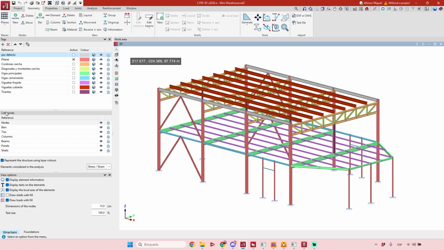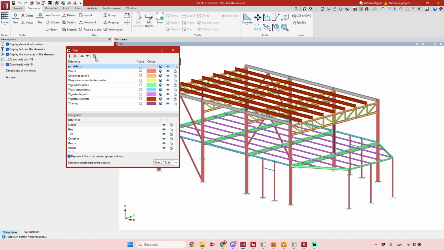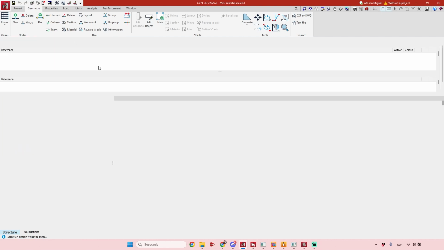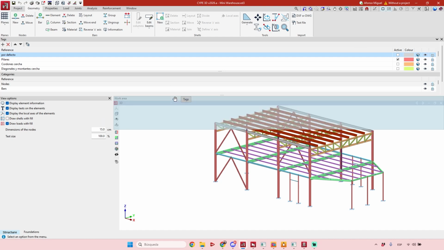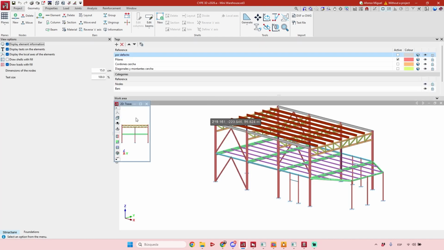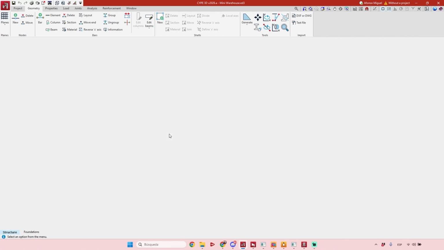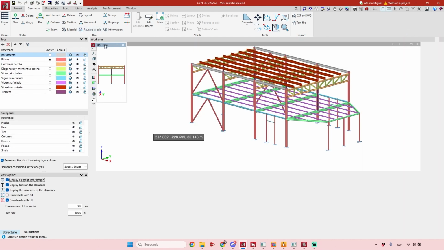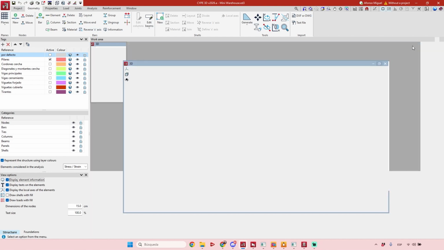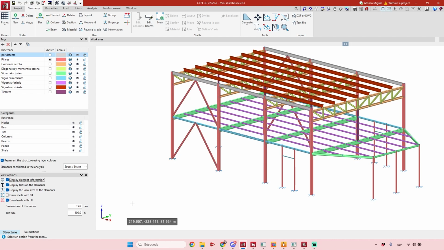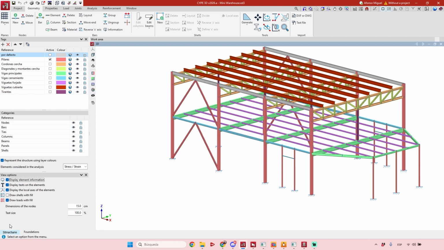Okay, and everything here can be moved. You can just grab one of these options and change the position. Okay, if you work with 2 or more screens, you can grab one of these windows and put it on another screen. And if you want to reset it, just use this button here and use the reset window layout, and it's going to be the default layout in the software. Okay, and also remember that we have the structure option, but you can change to the foundations,